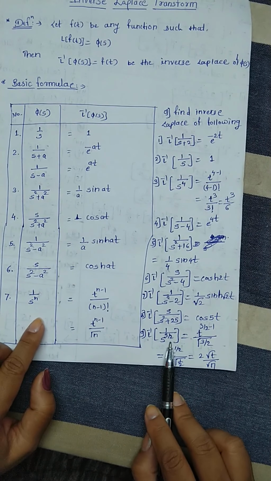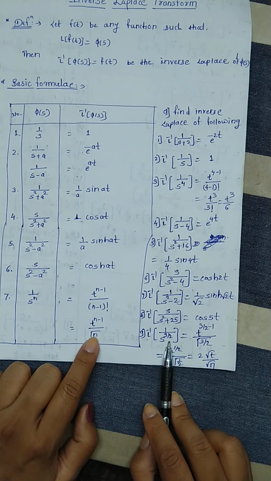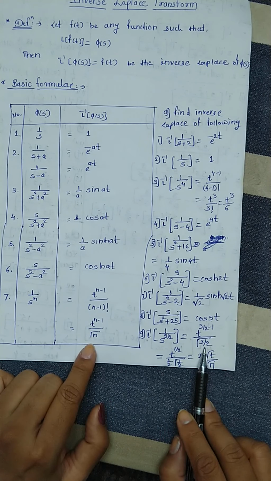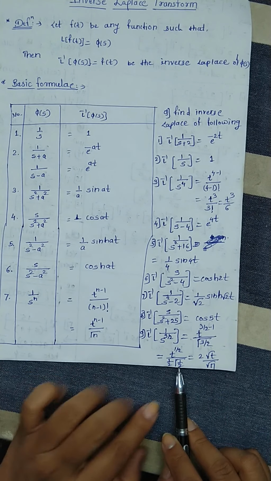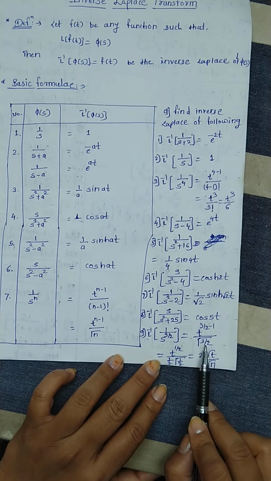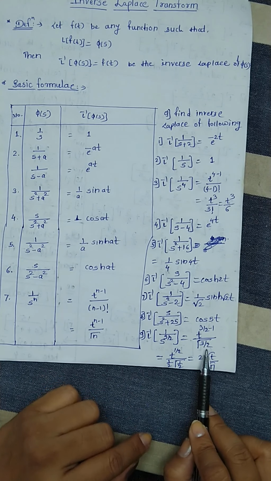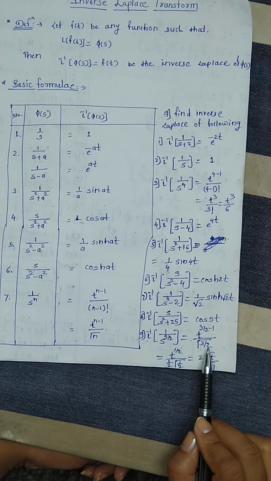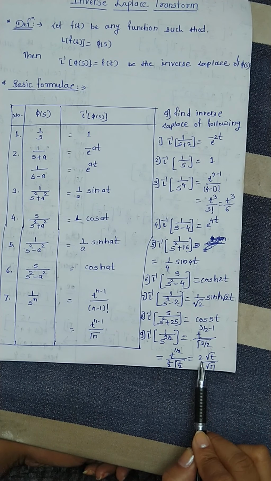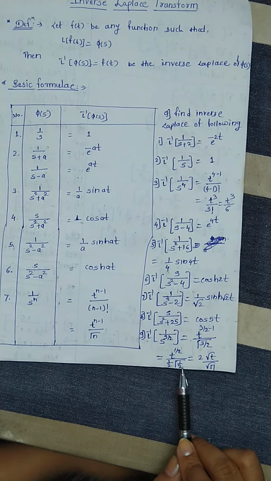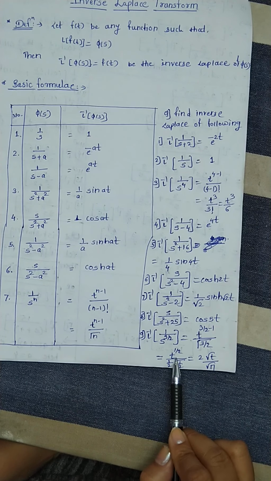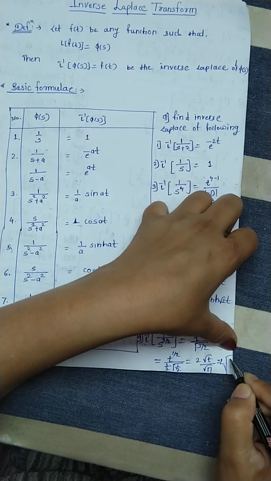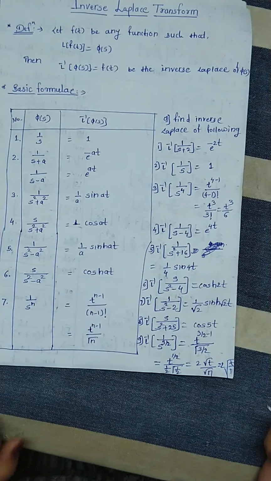Now this 1 upon s raised to 3 by 2. Now you have to use the gamma formula here. What is the n value? 3 by 2. Put it here, what we get? t raised to 3 by 2 minus 1 upon gamma 3 by 2. We already know how the gamma function is calculated. t raised to 3 by 2 minus 1 is t raised to half. Gamma 3 by 2 is nothing but take minus 1 from 3 by 2, what we get? Half and gamma half. We already studied this in detail in the first chapter. Now take this 2 on the upper side in the numerator, and the gamma half value, we know, is root pi. And this t raised to half means root t. You can write it as 2 root t upon root pi.